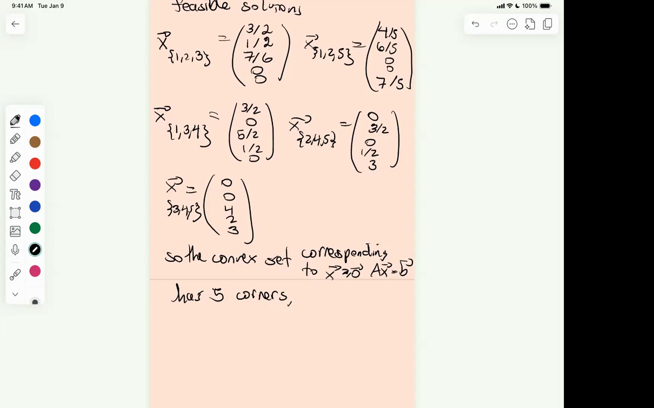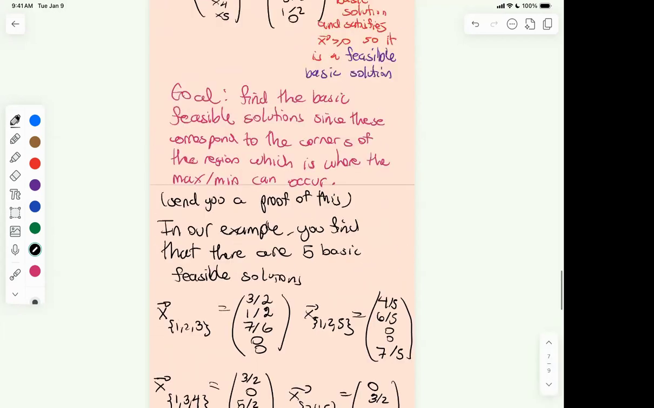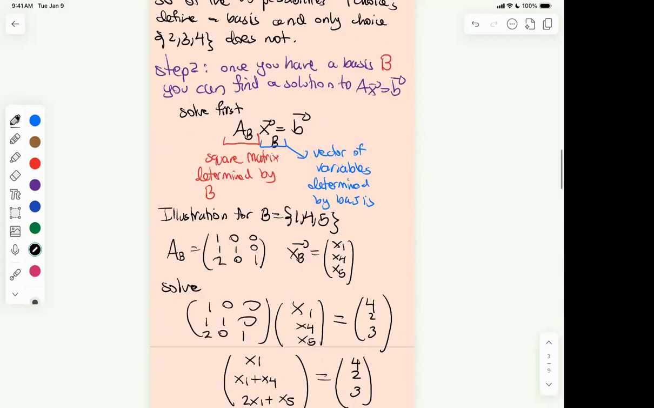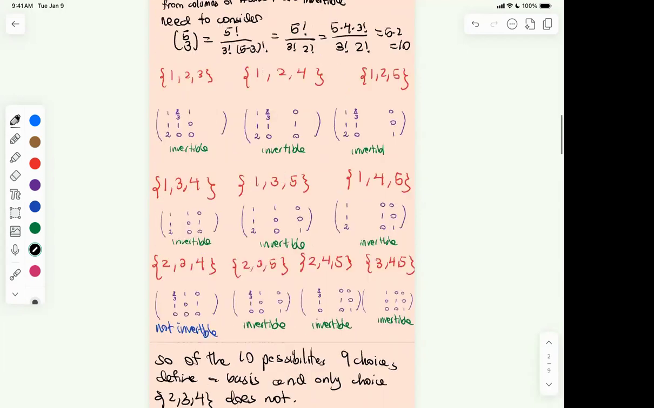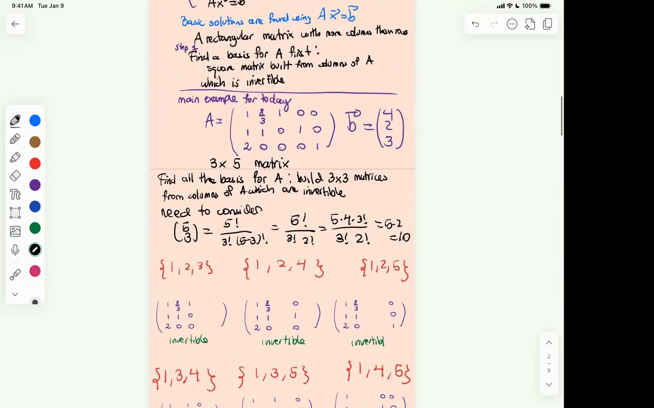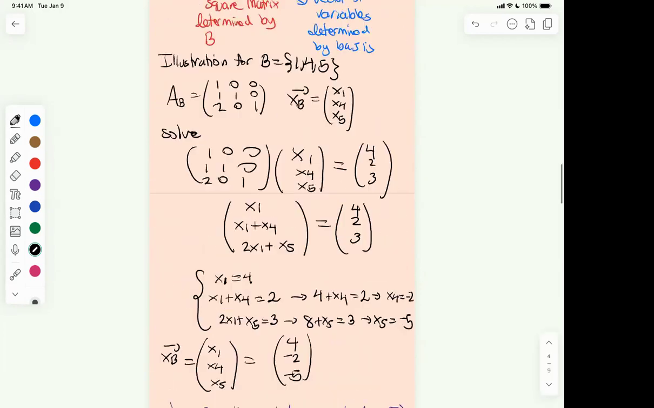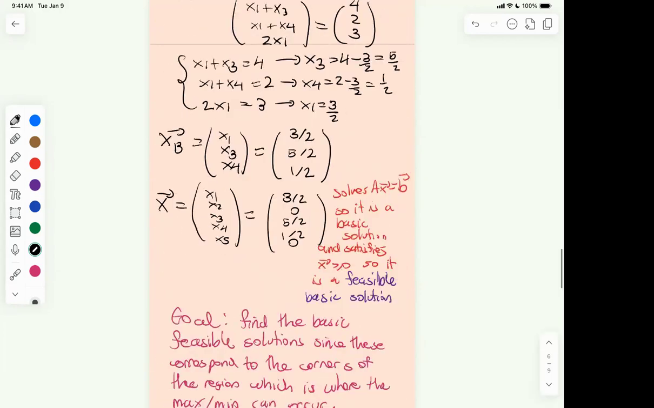And just to illustrate this, because it's nice to see with an actual picture, let me show you. Of course, I cannot show you this directly, because the system had 5 variables, so the picture involves something in 5 dimensions. I cannot show the picture in 5D to show you the 5 corners. But what I can do, just to illustrate this for you,